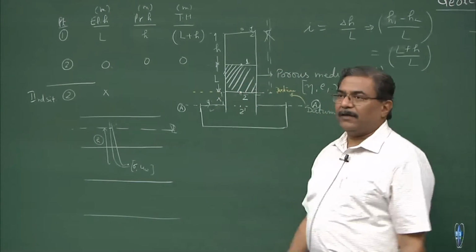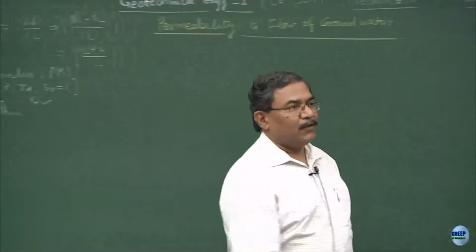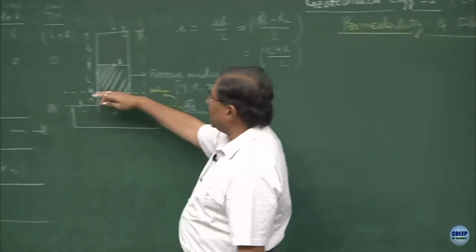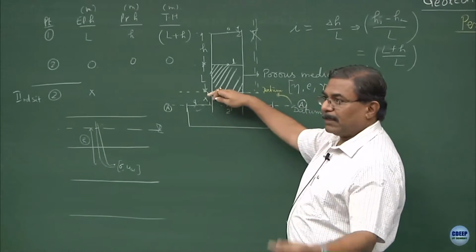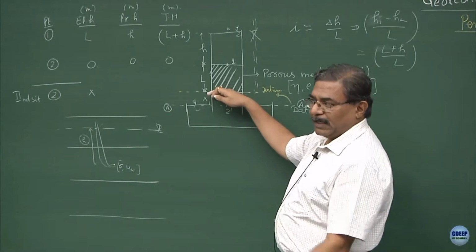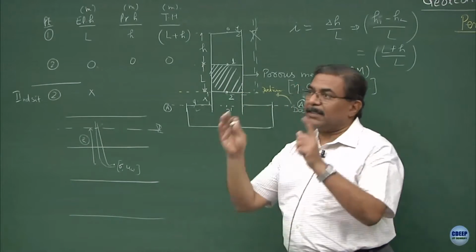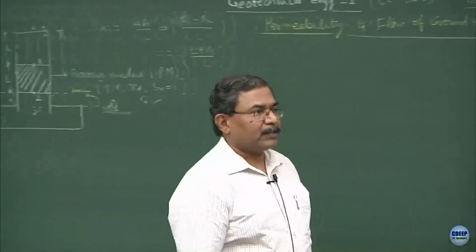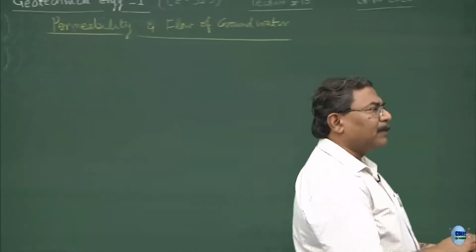So, it is a good idea to shift the datum to the bottommost point of the sample. It becomes easy to go ahead with the analysis. Is this part clear? This is the discrepancy which I wanted to discuss in the last lecture. Is this part clear?